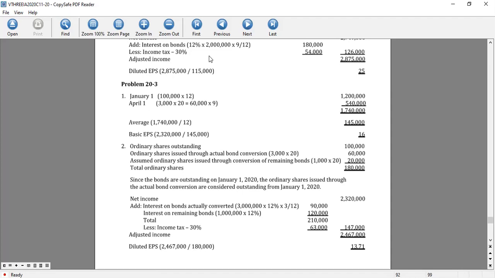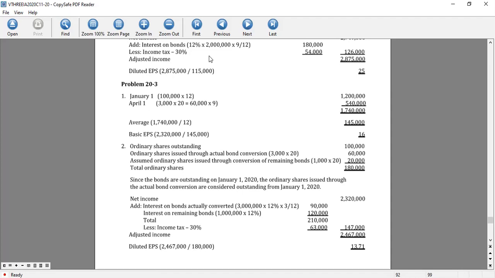Since the bonds are outstanding on January 1, 2020, the ordinary shares issued through the actual bond conversion are considered outstanding from January 1, 2020 because, as stated, on April 1, 2020, the bonds with face amount of 3 million were actually converted. Now, so we have the net income of